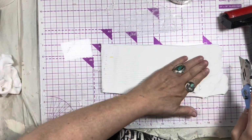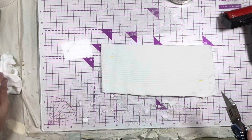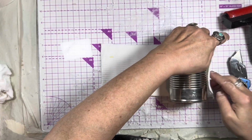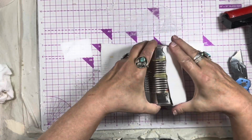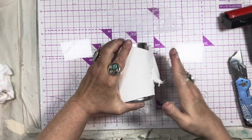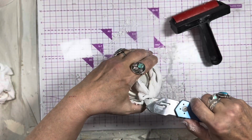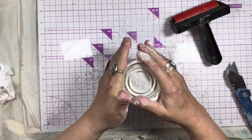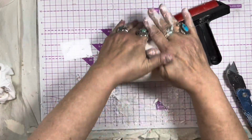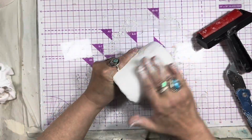Anyway, so we had a tin can to do, and I have this foam clay, and I am rolling it out. I put a little mark on it, and I just kind of rolled it out. I did put some cornstarch down so the clay wouldn't stick, but there was still that little spot right there where it stuck. But most of all, it came up pretty good. The cornstarch works really, really well. So what I'm doing is I'm just rolling it, trying to smooth it out, using my brayer to smooth it out,